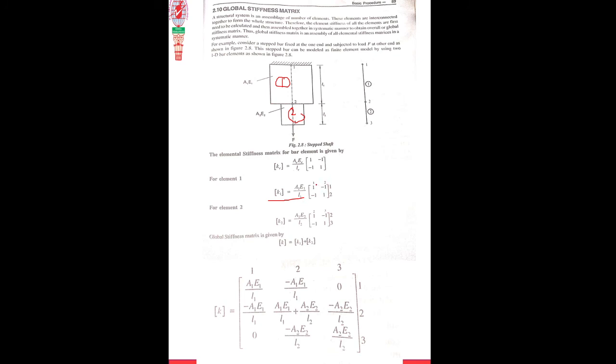Now here very important, we are numbering here. You can observe here. What do these numbers mean? These are known as node numbers. This is called the geometric model. When I discretize and convert into an FEM model, it is made up of two materials and points are converted into nodes. Here one point, here second point, third point. These points are converted into nodes: node 1, node 2, node 3. Now I'm going to calculate the stiffness matrix for the first element. That is A1 E1 by L1 times [1 -1; -1 1].